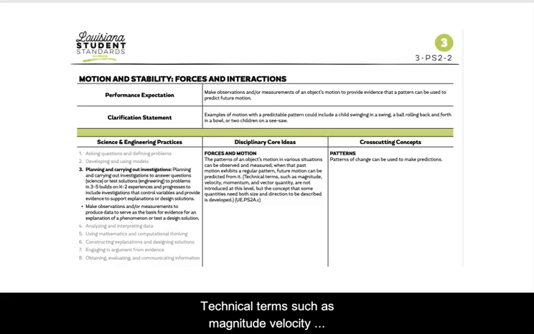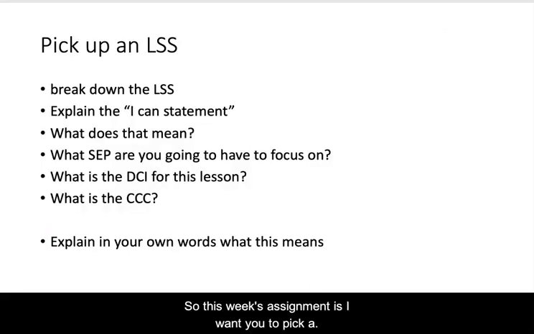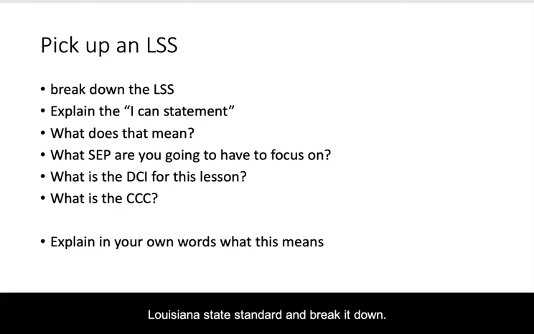Technical terms such as magnitude, velocity, momentum don't need to be taught at this level. However, the ideas and concepts of these may be introduced. And then the cross-cutting concept that will link this to other scientific disciplines is patterns of change can be used to make predictions. So this week's assignment is I want you to pick up a Louisiana State Standard and break